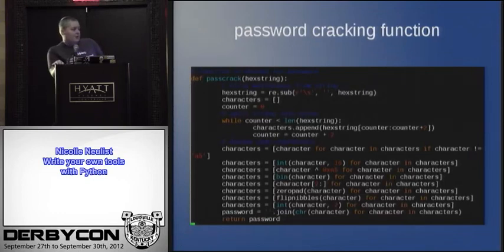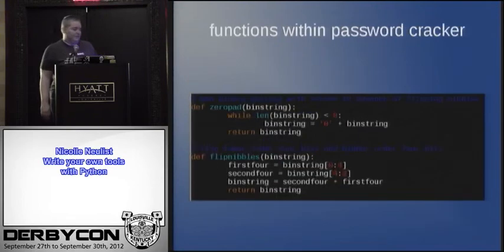The one thing to point out there is you've got characters, and then you see those list brackets, and there's some kind of function for character in characters, which is a list comprehension. A list comprehension is just a funny name for take a function, do it to everything in that list. And then I save it back into the original list, and once I've fiddled around with all those variables, it comes back, return password. It gives the cracked password.